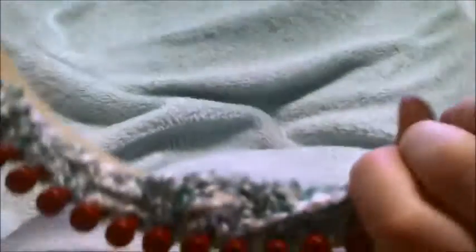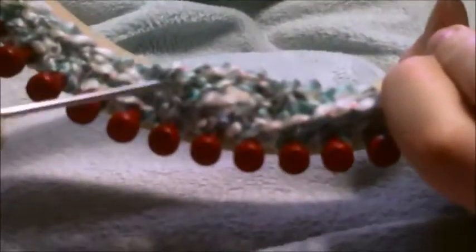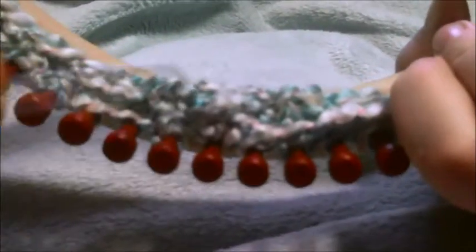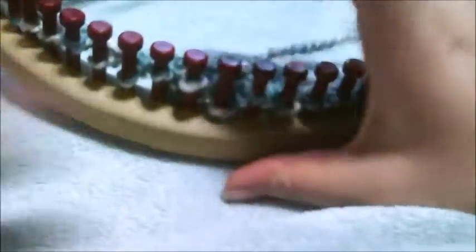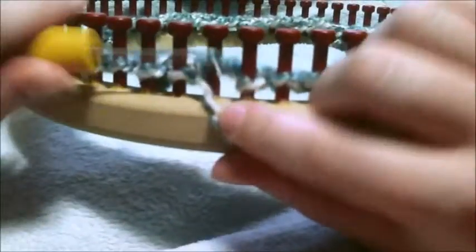move that down, and you're looking for the first stitch you see, which should be that one right there, and it'll be at the base of your chain. Sorry. The first stitch you see, which is going to be at the base of your chain, and you're going to bring that loop back up like that. Then you're going to purl 1,